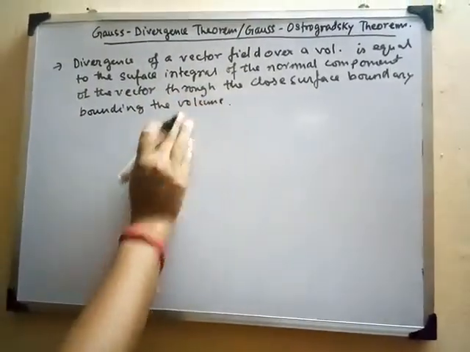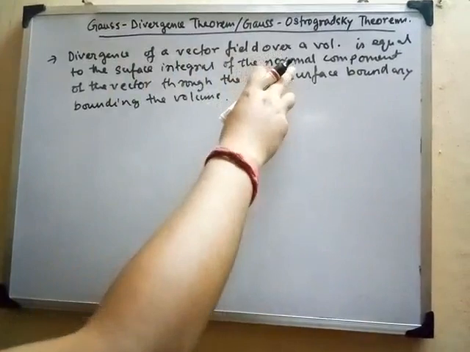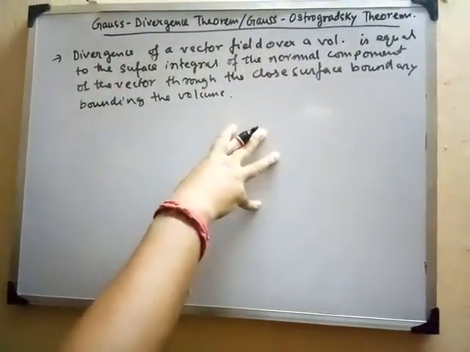So that means the divergence of a vector field over a volume, suppose you are having a volume,